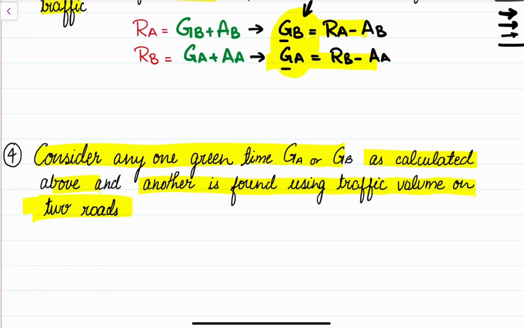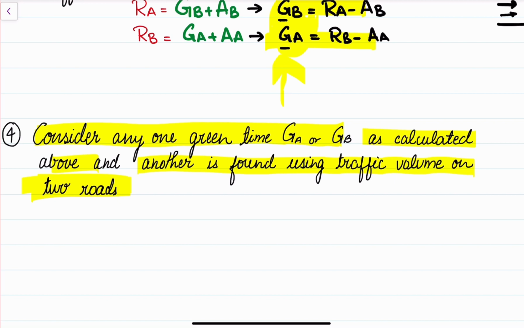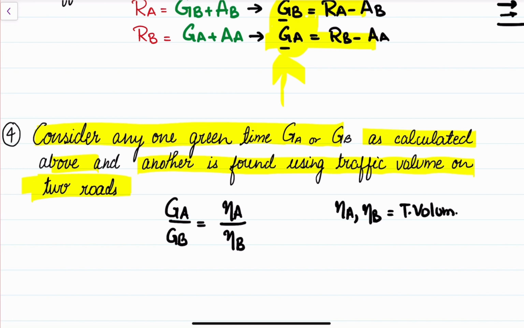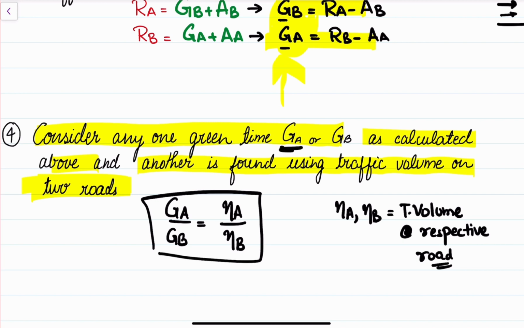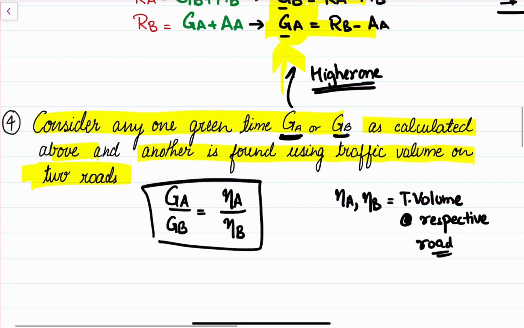What does this mean? Out of the green times that we have found, whichever is the highest value, we are going to take that value, and using the relation GA by GB is equal to NA by NB, where NA and NB are the traffic volumes at the respective roads. Using this relation and taking any one green time found above, which value will we take? The higher one. If GA is higher than GB, we take GA. If GB is higher than GA, then we take GB. Using this value, we are going to find the green time for